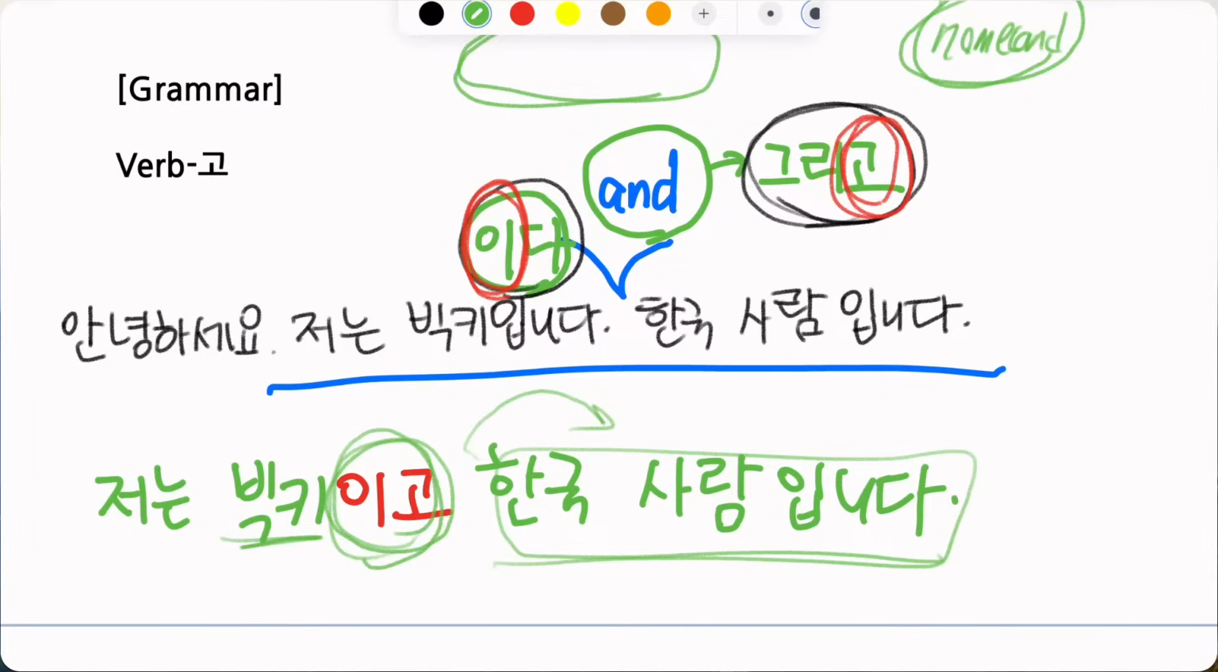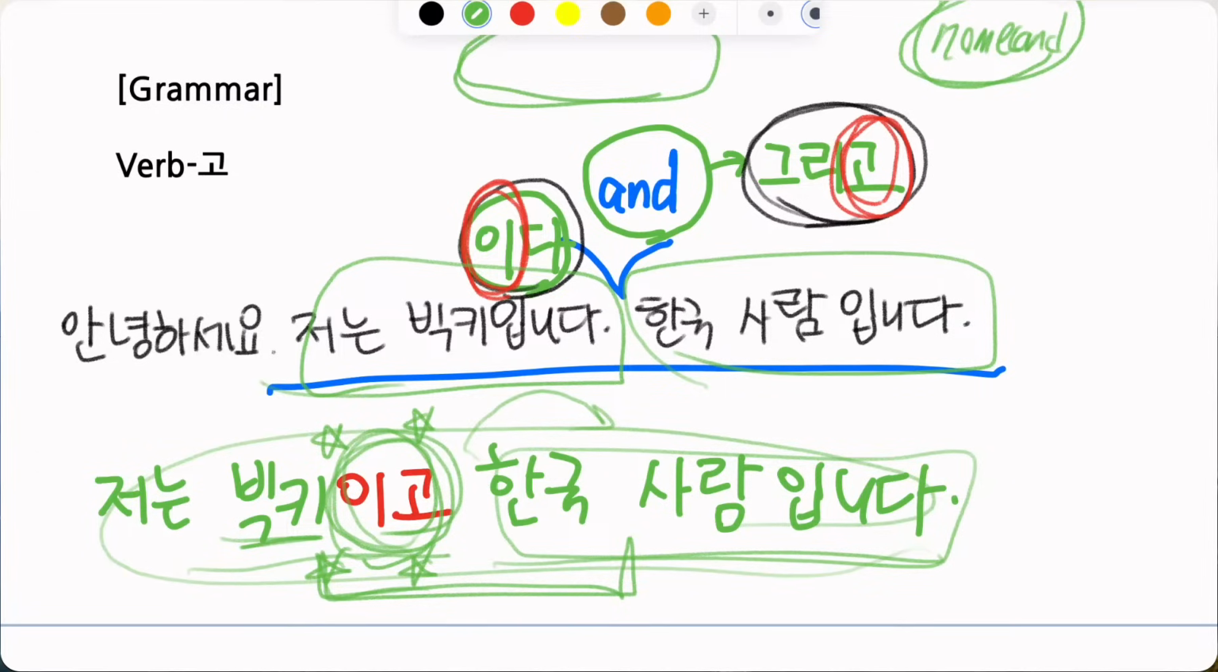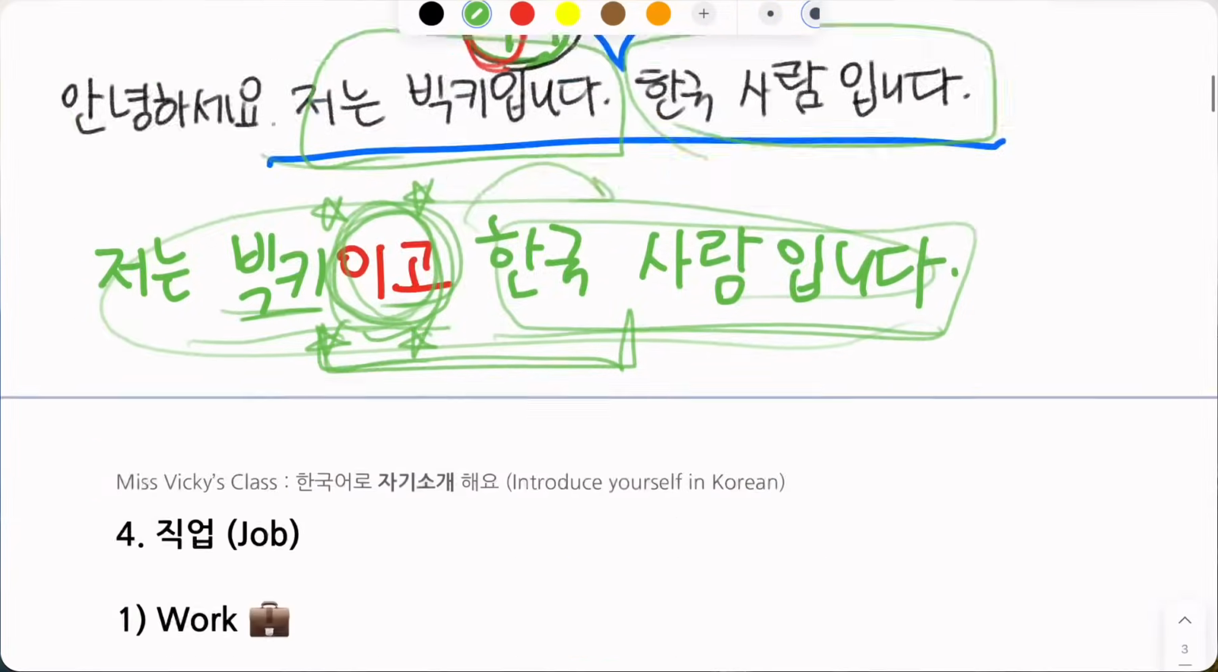So try to make the most of this 이고, guys. 이고. It's very convenient. Like you don't have to say two sentences. You can just combine these two sentences all together just by using 이고, and it makes your sentence much neater, and actually it's easier to say because it's shorter. 그리고 저는 아나이고 인도네시아 사람입니다. Perfect. 네, 이런 식으로 할 수 있습니다. 그 다음에